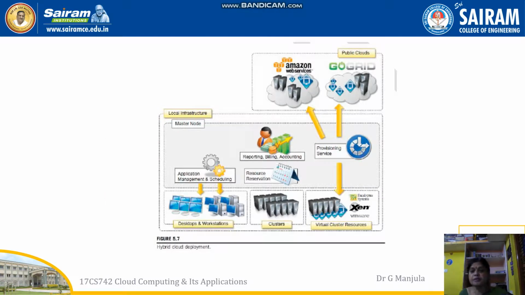Now you see hybrid. Hybrid, what I said, is a combination. Sometimes it looks like public, sometimes it looks like private. The master can fetch from a third-party resource, or the master can also collect the data from the slave node. So this is called a combination of public and private cloud. You can see there is a local infrastructure where it looks like a public nature, and there are also some private functionalities. That means you can access the data from the slave. So here there is information about heterogeneous clouds.